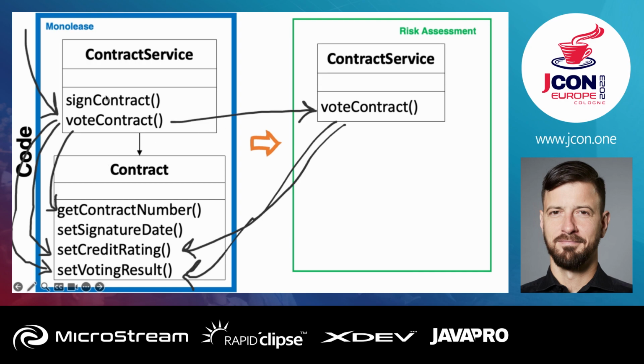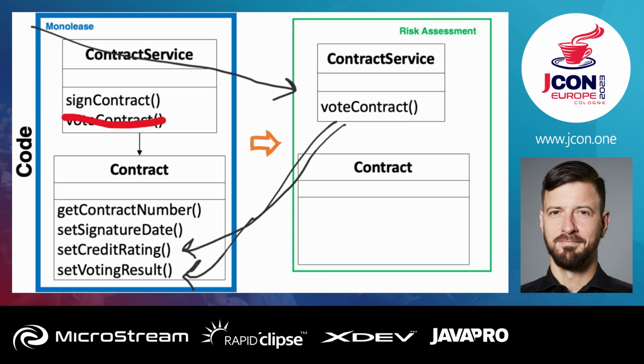And then we will delete the body of vote contract here in the monolith and just call vote contract in risk assessment. You see, all small steps, all of them are compiling and running and can be deployed into production. That's the idea of small steps that we want to have here. And then we can remove that here. And we can move on and on and on. I will not go into all the details. Eventually we can throw this piece of code out here.